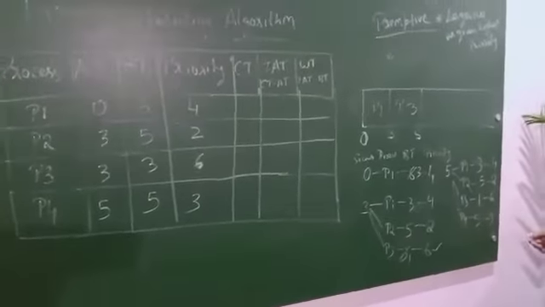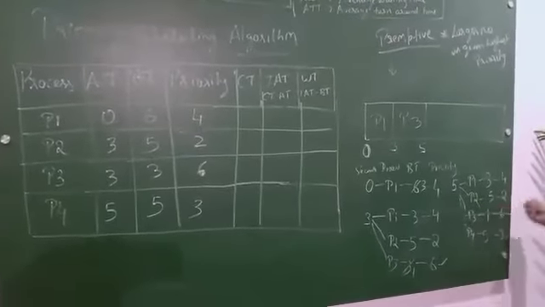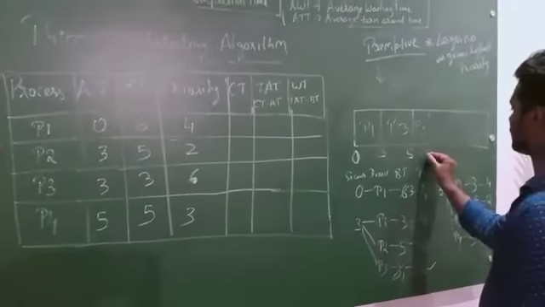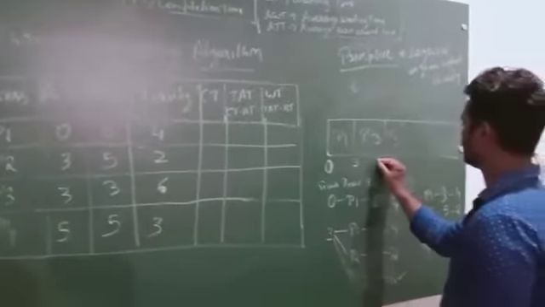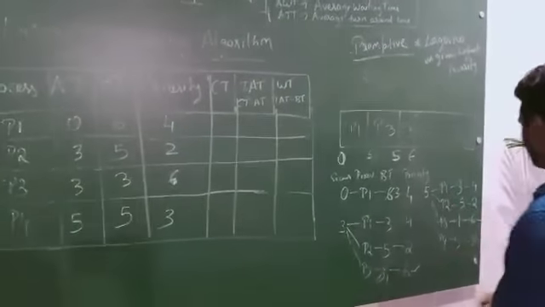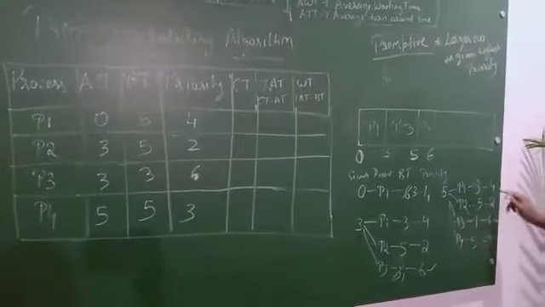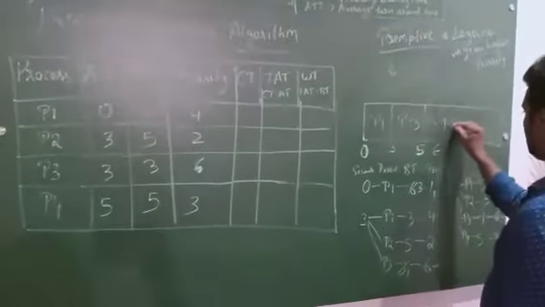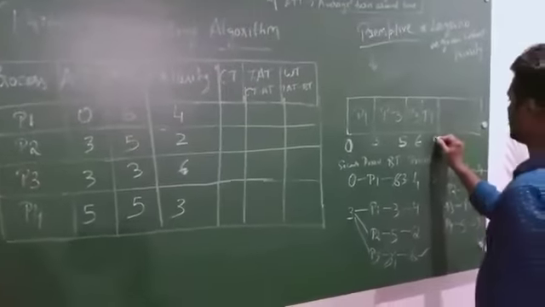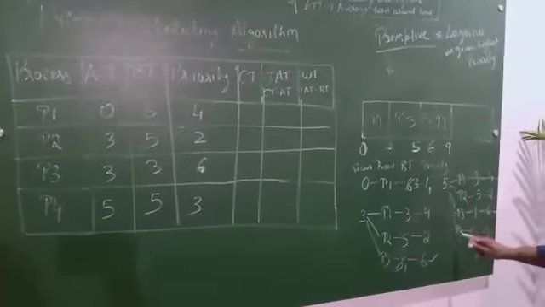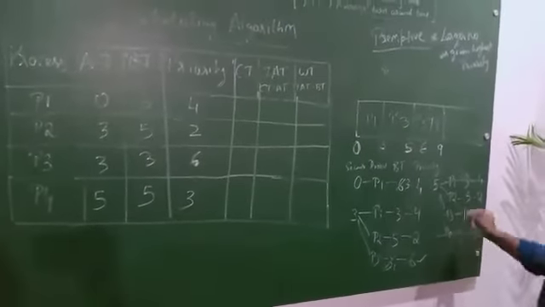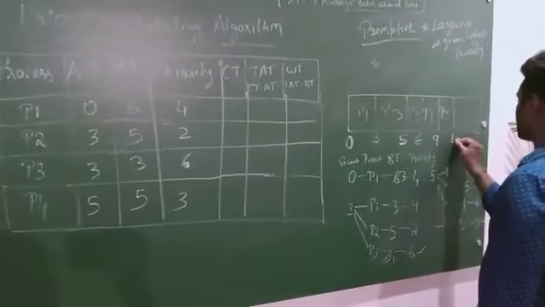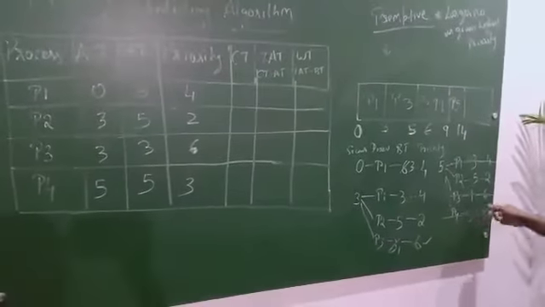Just go with non-preemptive priority. Which is having more priority is P3 first. So P3 will execute for how many seconds? 1 second left out. 6 seconds. Hope you got it. Next, larger number is which one? Your 4, P1. P1 will execute for 3 seconds. 6 plus 3 is how much? 9. Next larger number is what? 3. So P4. How many seconds? 5 seconds. If you execute 5 seconds, the time will become what? 14. Done.